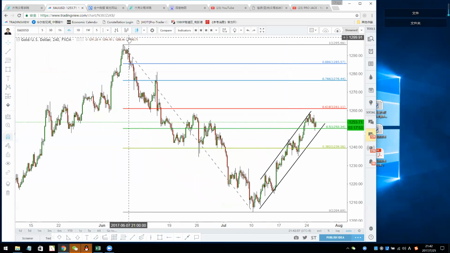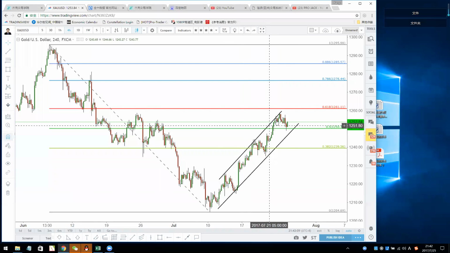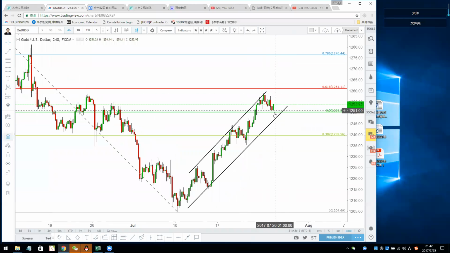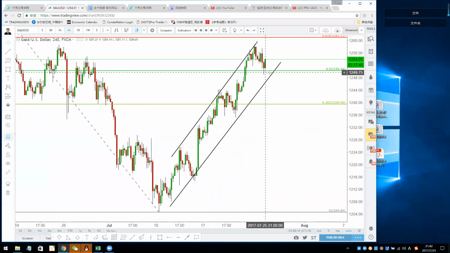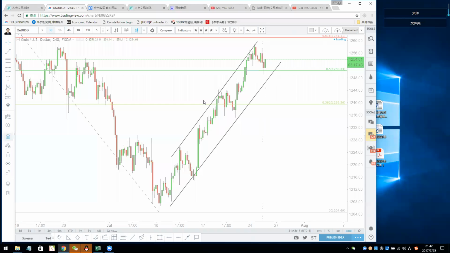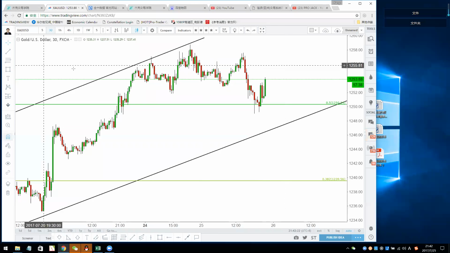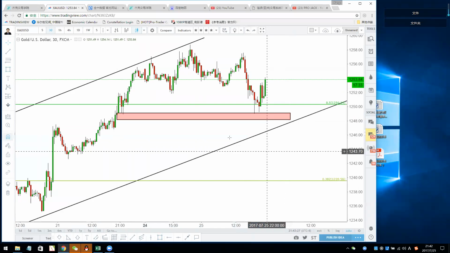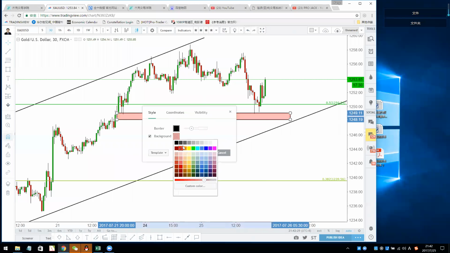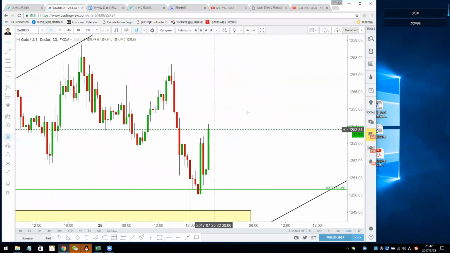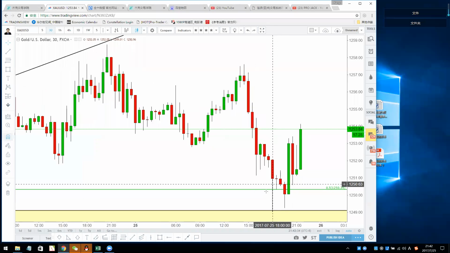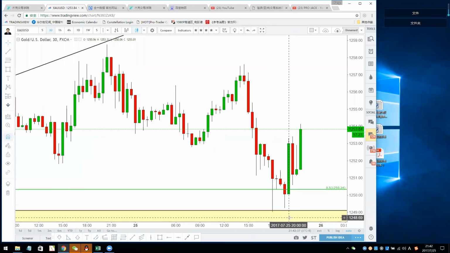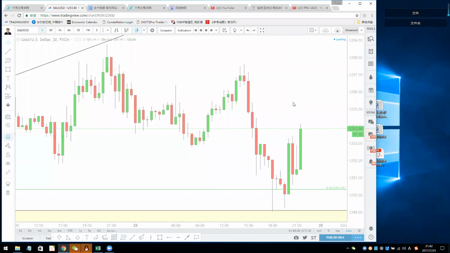All right, so for the gold, it's in the rising channel, and today it had a very good buying opportunity about 1249, but we already missed it. Just 2 hours ago, when I was doing a Chinese webinar for my fans in China, I mentioned that here it has a very strong support, about 1241. It was actually tested twice. We see a first test, a long pin, then another test that cannot break the new low. It's actually a very good buying opportunity.